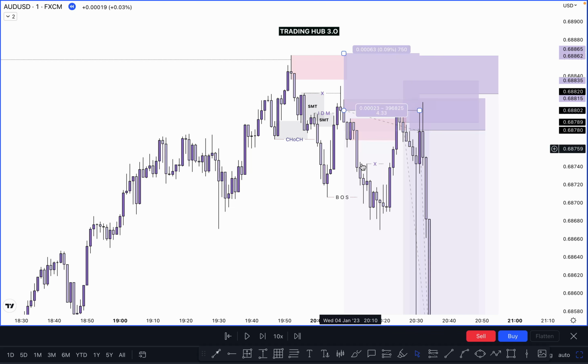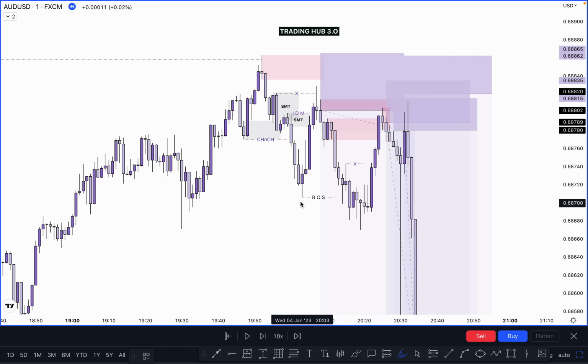In this case, we are taking this inducement, because this is our structure, this is our internal structure: lower low, lower high, lower low, lower high, right? So that's why we are marking this structure. This is an internal structure. Okay, so I hope you understand what inducement is and what CHoCH is, and how you can take entry in a lower time frame, and how you can mark the structure in higher time frame.